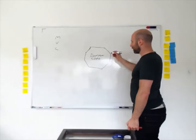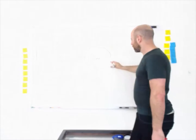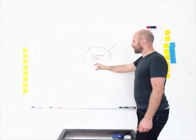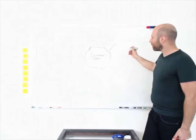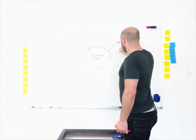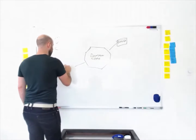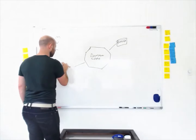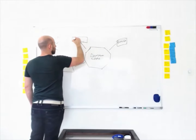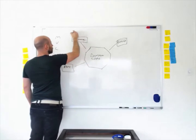I'm going to give you an alternative, and then I'll say why it's easier to maintain this way. This is called hexagonal architecture. You put your domain core in the middle, and then you have the concept of ports. It's called hexagonal, but actually it's as many sides as you like. Off the domain core, we would have persistence. Off the domain core, we might have a REST interface that allows people outside to talk to it. Off the domain core, we might have an application layer